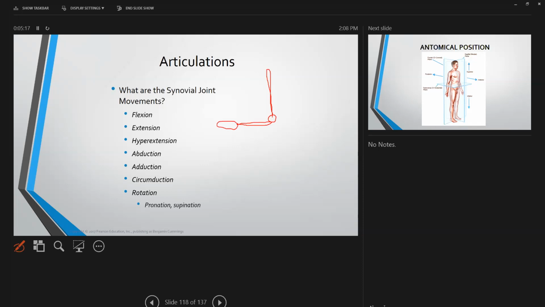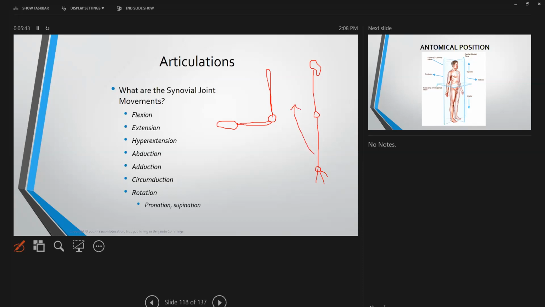So actually, the best way to show it is in its resting state. So if this is the shoulder joint, this is the elbow joint, and the hand. Beautiful drawing, okay? And what we're going to do here is if we want to flex, we're going to decrease the